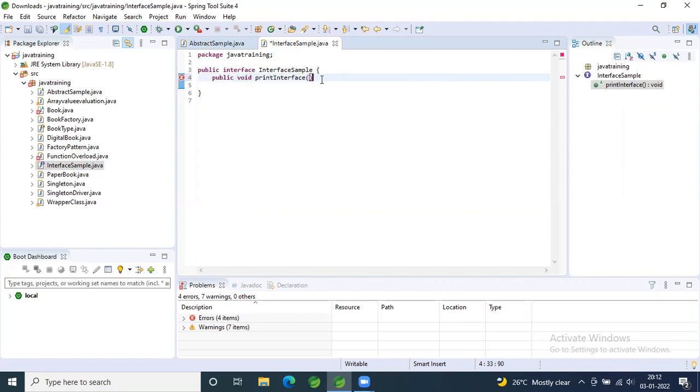No, you have to give a semicolon, or I need to give a body. We can end with a semicolon, or we need to give the curly braces. Actually, in an interface, you can't have a definition. You can just have the declaration, right? Declaration. Okay. So now try to give a definition. What is happening? Just have a look.